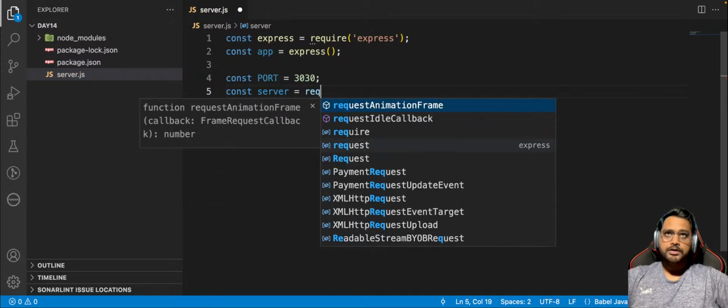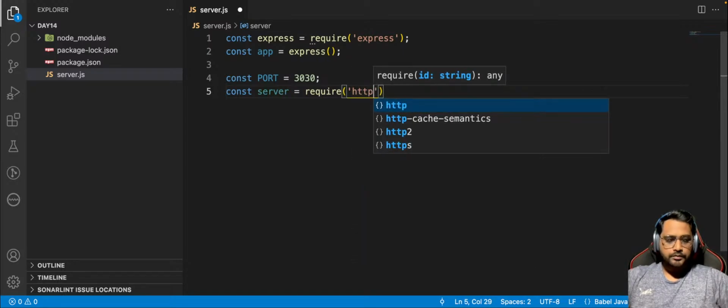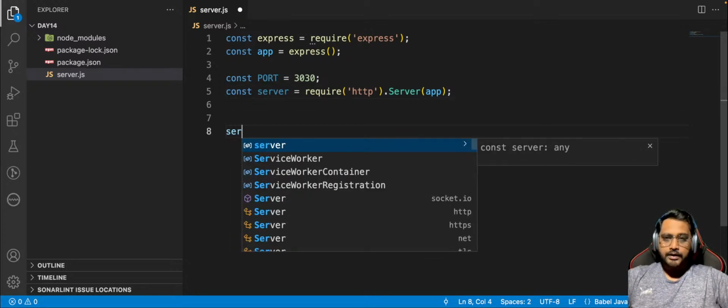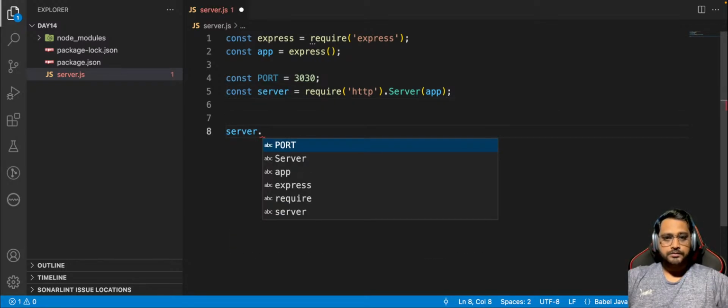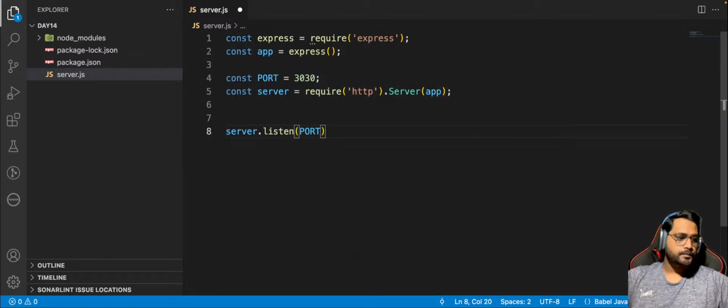We have to create an HTTP server because we are going to use socket and we are going to use WebRTC. So we need an HTTP server, not just any server. And we require server dot listen to the port. Yes, Harsh, you can use any package to create random IDs. UUID is the most famous one,